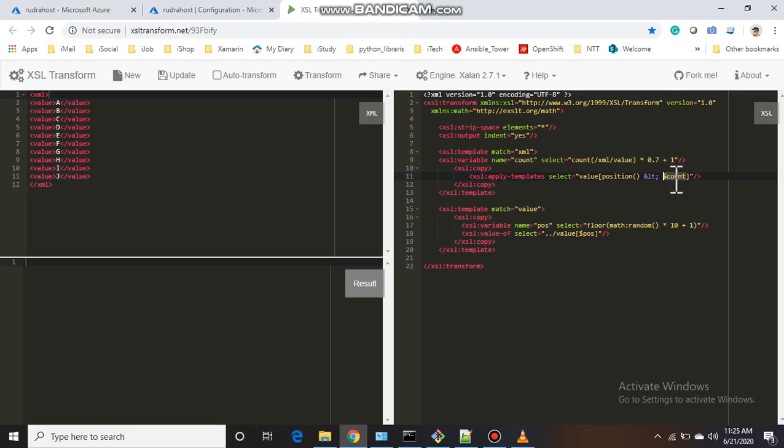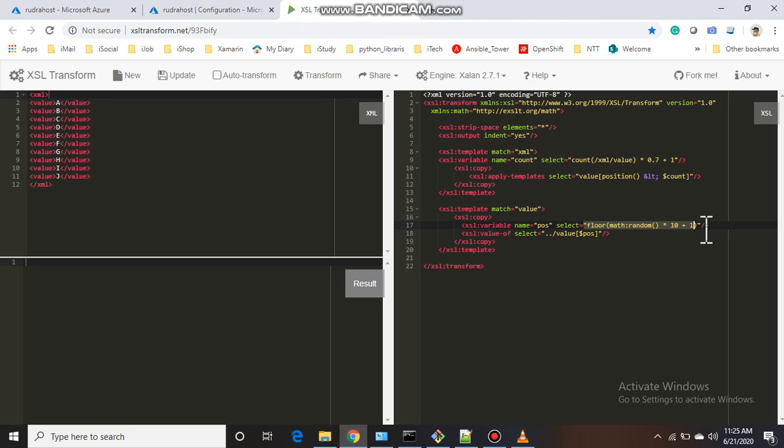Got my point? And the next point is the most important, because here we are creating the random numbers. That's the most important thing in all of this XSLT code. So again I declare one template, and I declare one variable, and here I make use of the math library of EXSLT. I call the function math random.